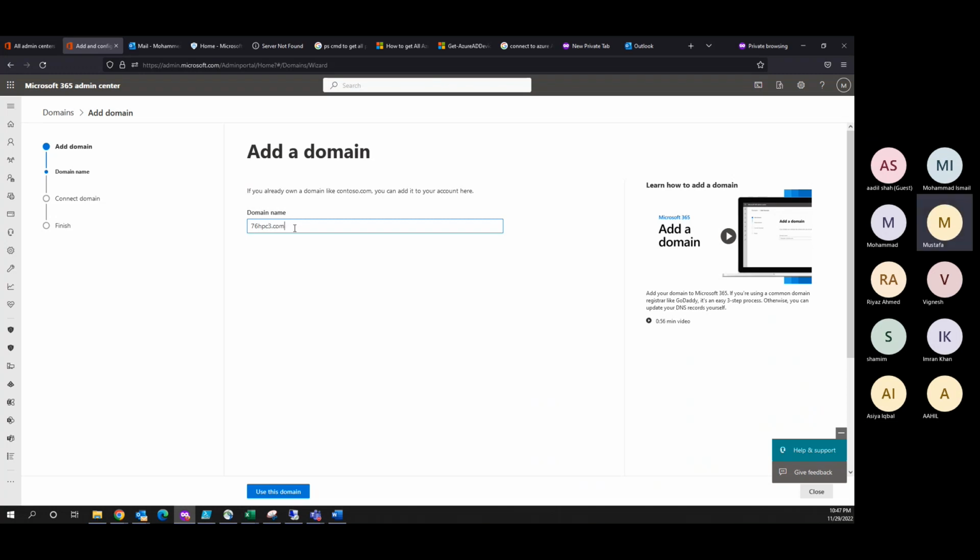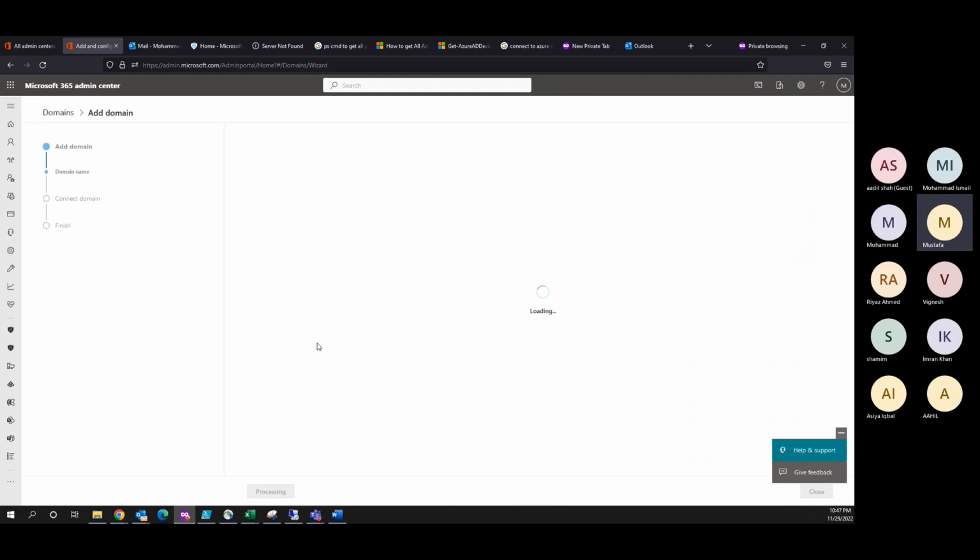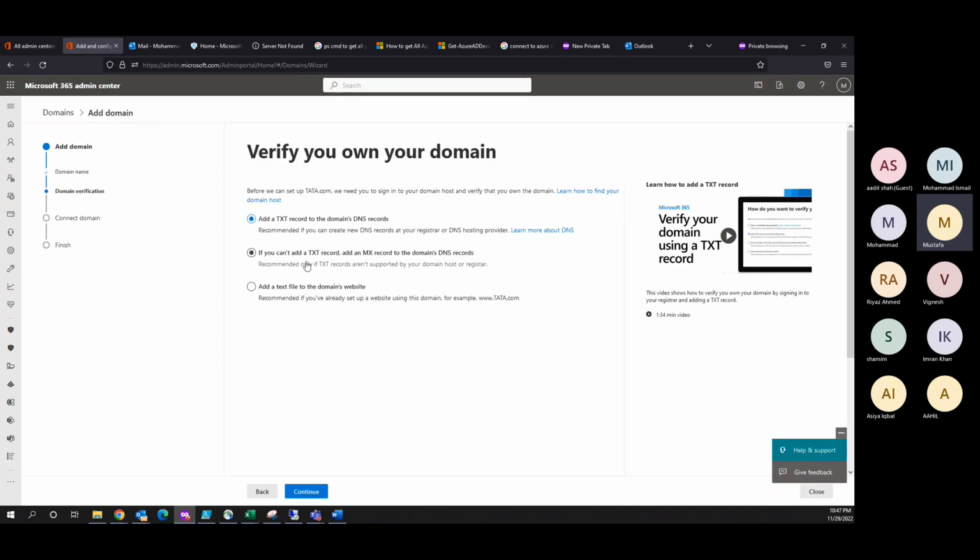76hpc3.com, or simply say I want my domain to be tata.com. But I am not the owner of this domain because this domain is owned by the Tata company. So let's see what's going to happen if I try to add it. When I select tata.com, it will say prove that you are the owner of tata.com. Randomly, not any guy will pop out from his seat and say that I am the owner of the domain. So to verify you own your domain,